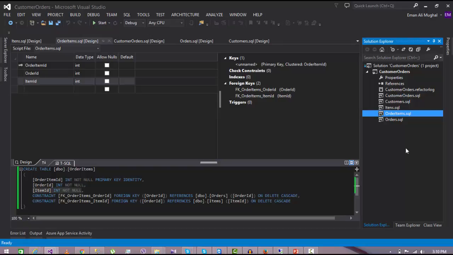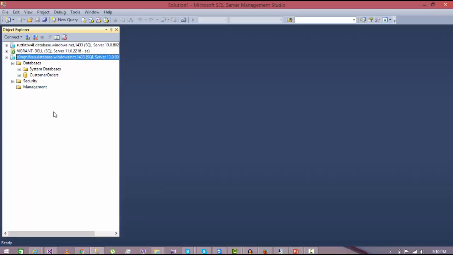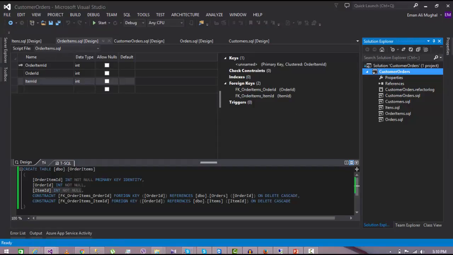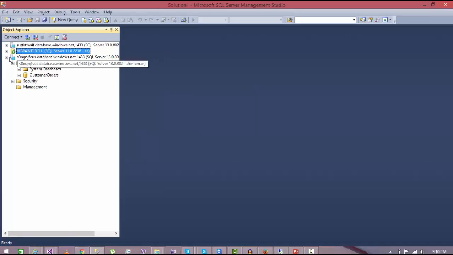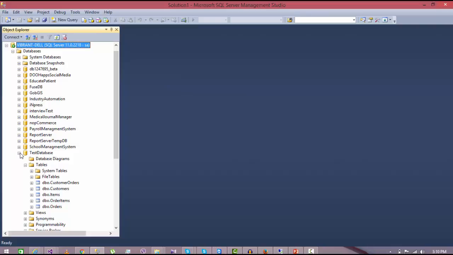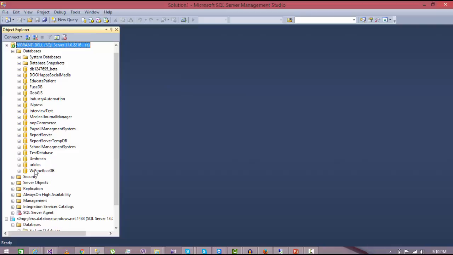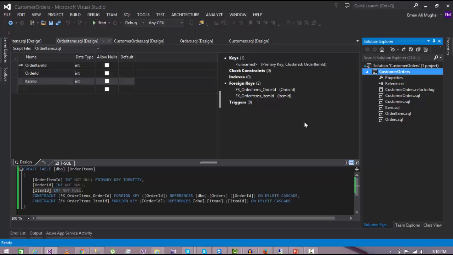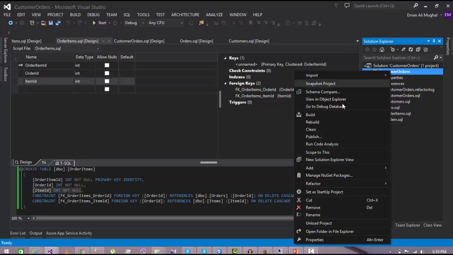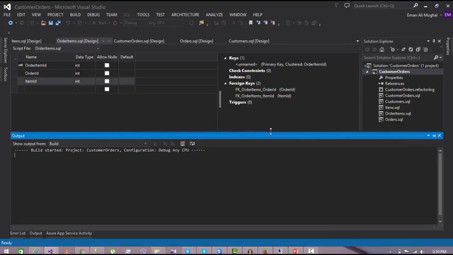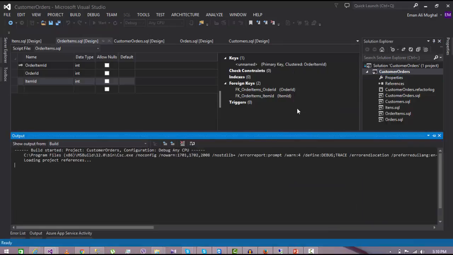So now what I'm going to do is publish this project to a local SQL Server. I have a local SQL Server over here which is named Vibrant Dell, and there is no database in the server. As you can see, there is no database named customer orders. So now I'm going to publish it to this SQL Server, and it will automatically create the database. So I will click on publish,